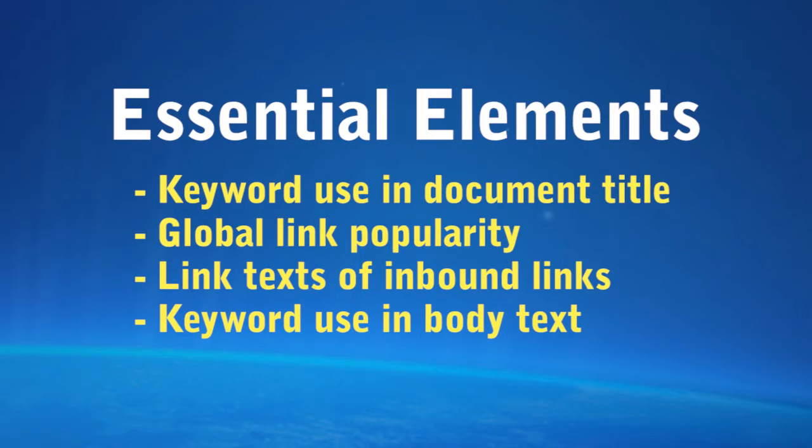Global link popularity, as we talked about, is the number two thing on this list. It's how many other websites, and how many established, high-ranking websites, point to you. And the third one is akin to it: link text from inbound links. Do you have links from within your site pointing to other pages within your site? Do you have links from other sites? And when the search engines look at that, they're going to look at two things: one, the total number of links you have from other sites in their text, and two, how popular those referrers, those people that are pointing to you, are. Okay, so those are number two and number three in importance, and they go together. Get good links off of good sites. Okay, so that's a critical element. Like I say, we'll have a